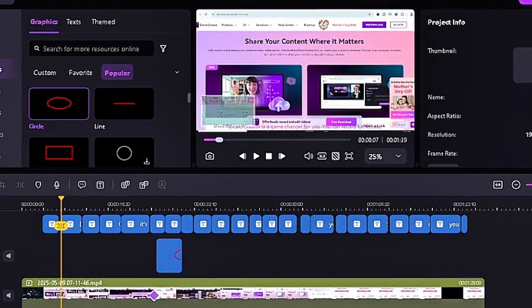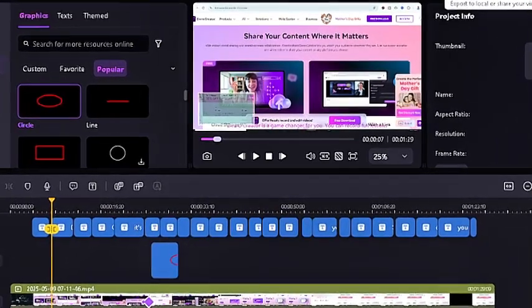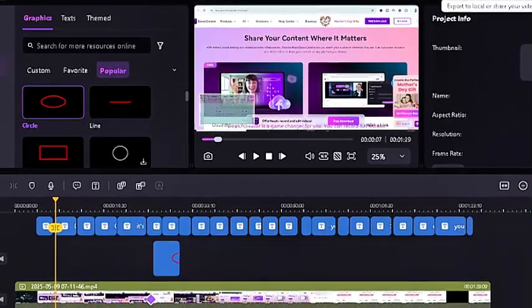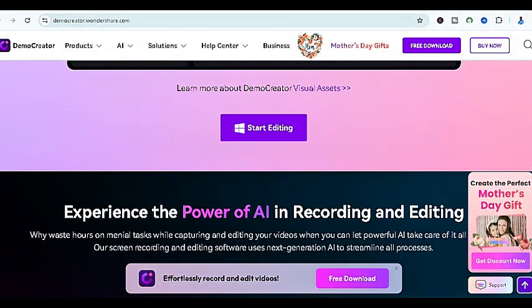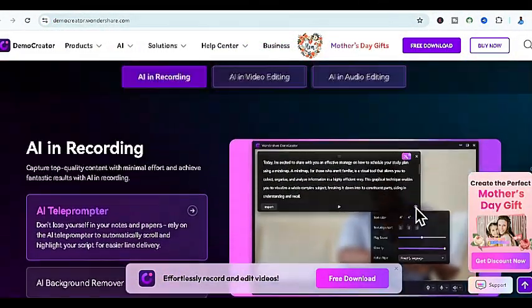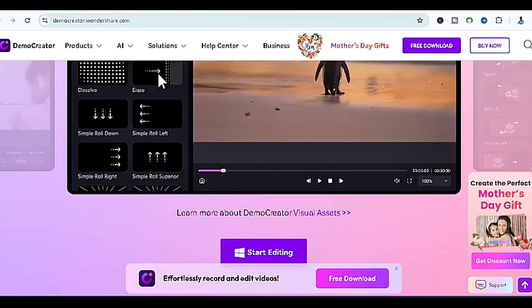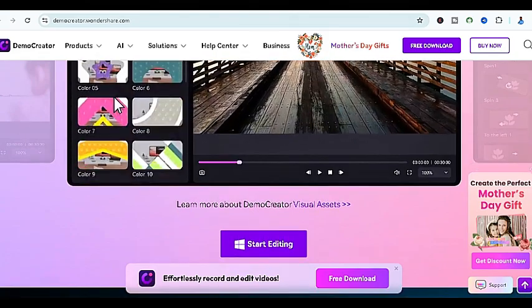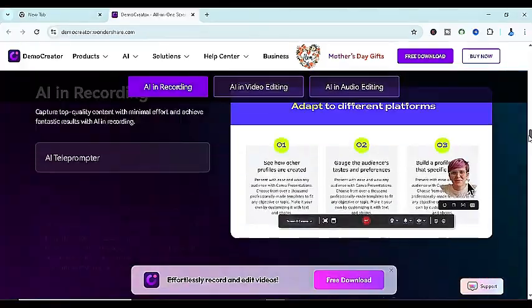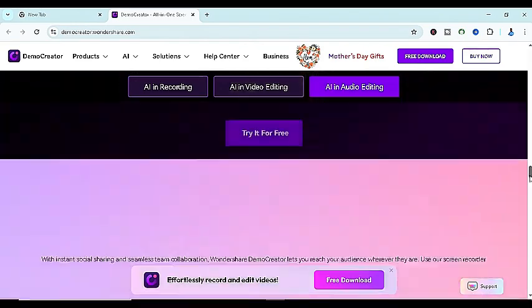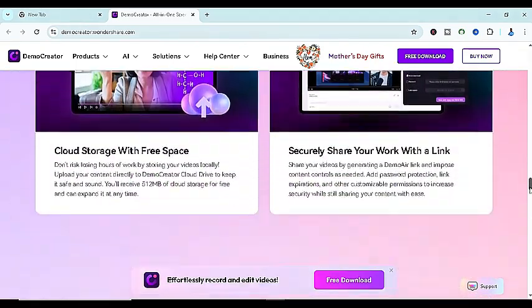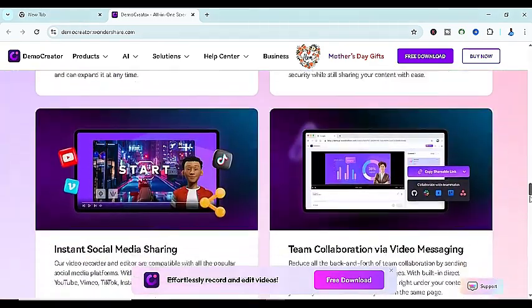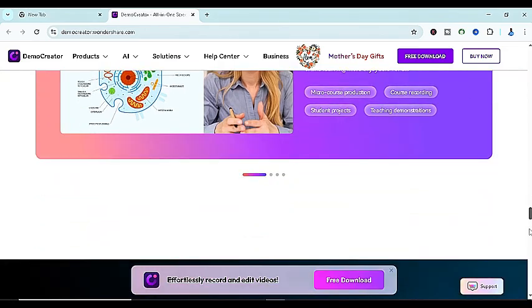It also offers auto captioning, which means no more manually typing of subtitles. You don't need to go through the stress of typing all what you said in the video. Automatically, your captions are going to come out for you using DemoCreator. And then you can remove your background without a green screen, which is actually very outstanding compared to several other tools out there. You can apply voice effects and even use their avatar presenters if you don't want to be